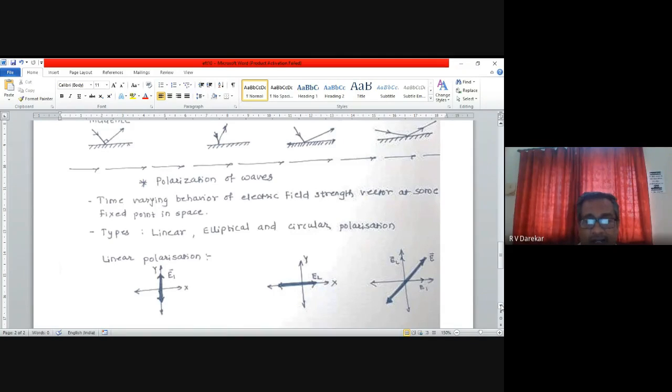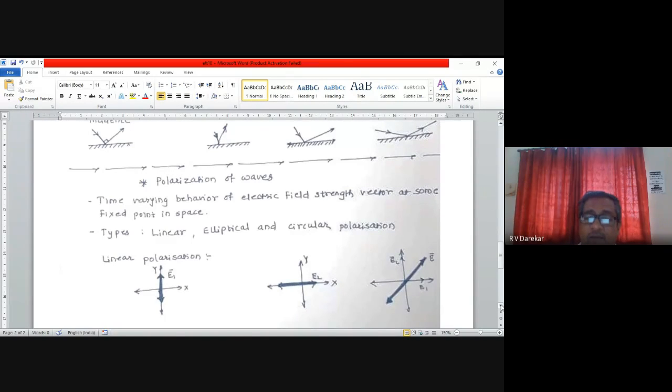A humor can be added to understand this concept: if all the students are required to move from point A to point B, everybody knows that the style of movement of each of us is somewhat different from the others. That can also be considered the concept of polarization. Few people travel faster, few travel slower, few keep changing their head direction continuously while walking. A similar concept can be observed, which can be considered the polarization of the wave.